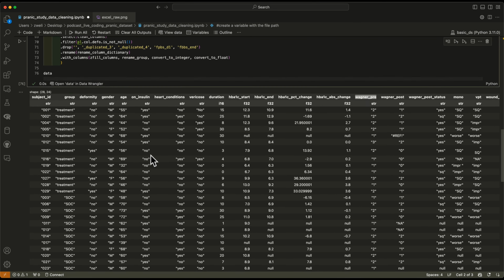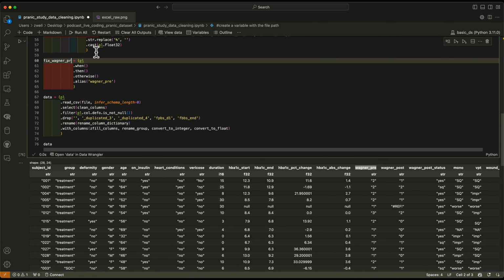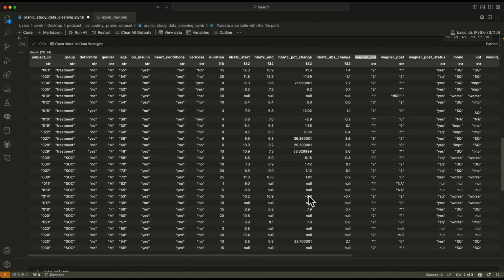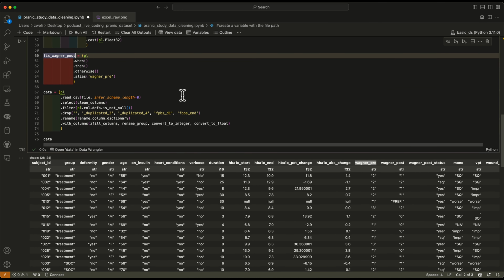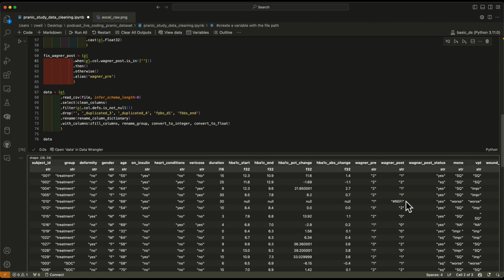We're going to leave it as is. So really this is fix post. And then what we want to say is when the column Wagner post, so when pl.col Wagner post is in the set or contains the set of values,